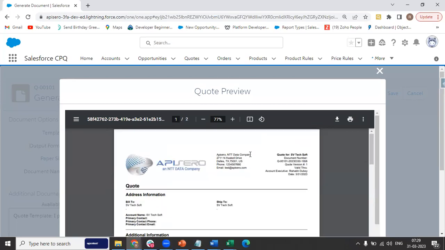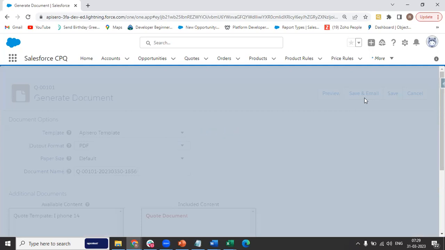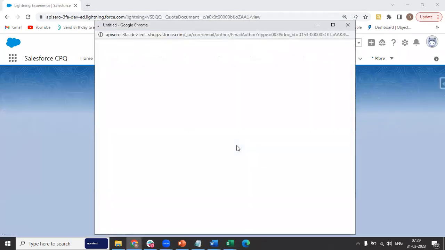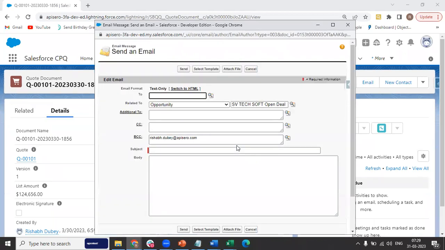Okay, so as a next stage of our sales cycle, the sales rep will click on save and email. Once he clicks on save and email, the sales rep will get a window from where he can select or enter the email address of the customer, and this quote document or the quote template will be forwarded to the customer, and the customer can make a decision whether he wants to move forward with the purchase or not. So I'm not going to send it to myself, but yeah, this is the next step as a part of the